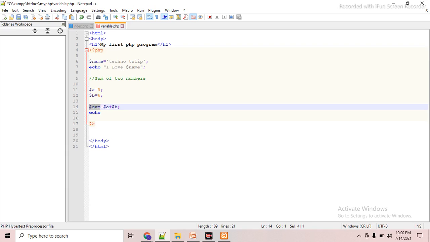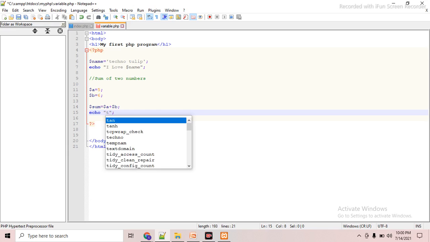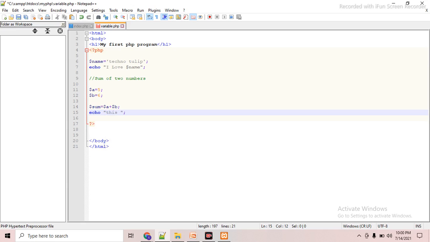Now we will print the value along with a piece of string: this is the sum, and then the variable name. The final result will show it.